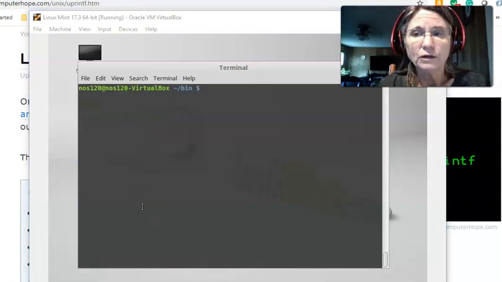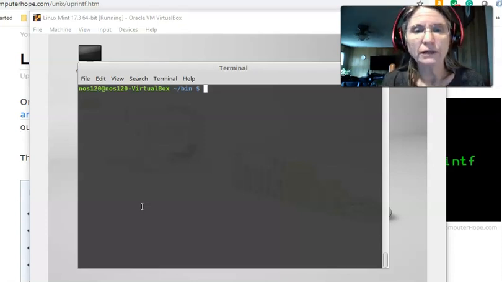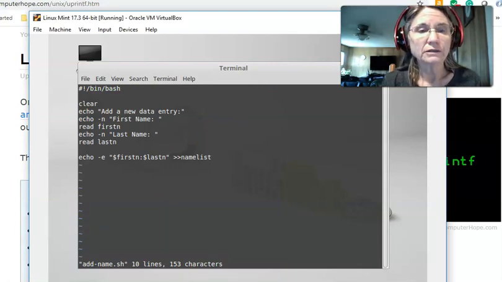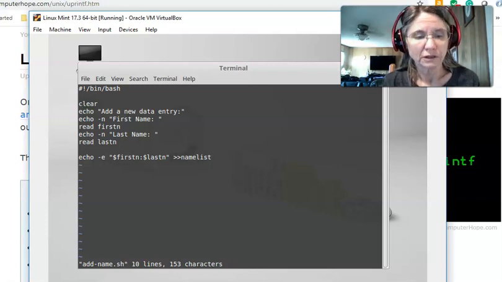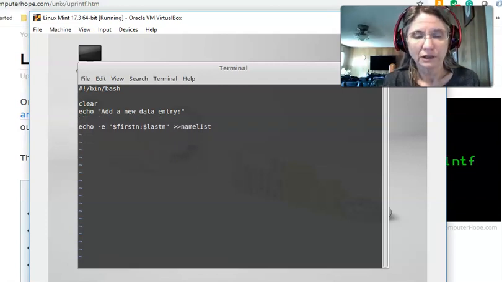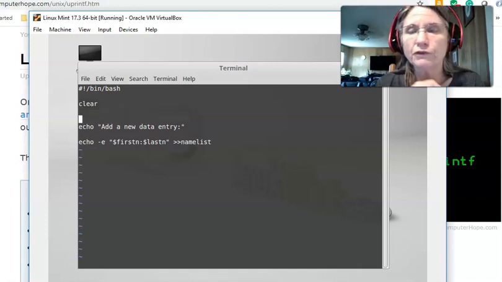And a second way we could add data to a script is by providing it on the command line. Let's take that same script that we had been working on, add name.sh, and we'll just modify it a bit to, instead of prompting for the user like we were doing here, I'm going to get rid of all those lines. And then show you a few things about